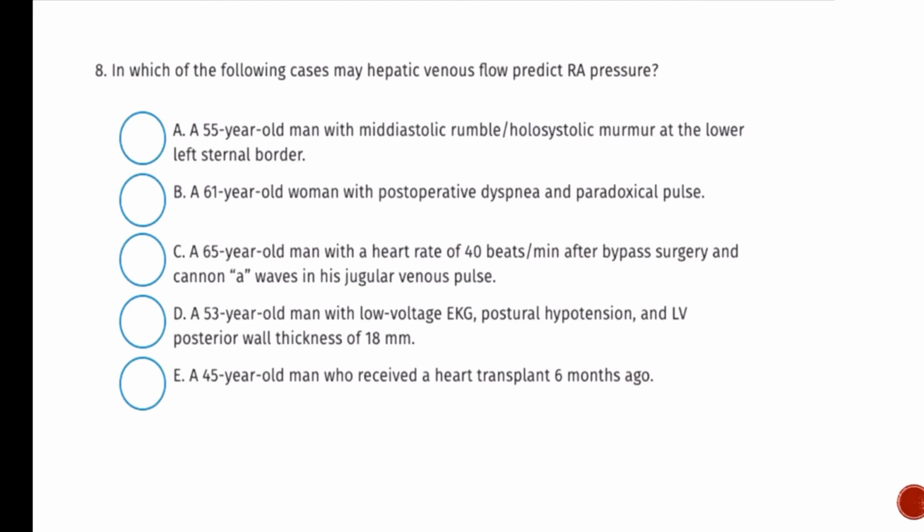So which of the following cases can we use hepatic flow to predict RV? So let's go through and cancel out the ones that are not reliable. So when would our flow be affected? If there's a problem with our tricuspid valve, that would make sense, right? If you have tricuspid regurgitation or tricuspid stenosis, that's not helpful. If you have a history of a heart transplant,